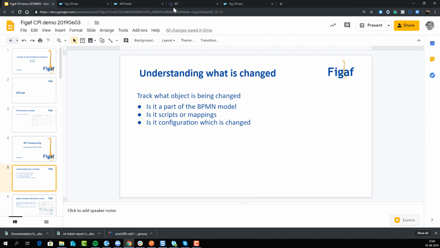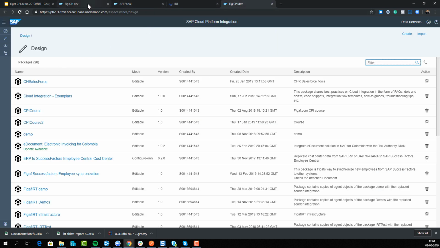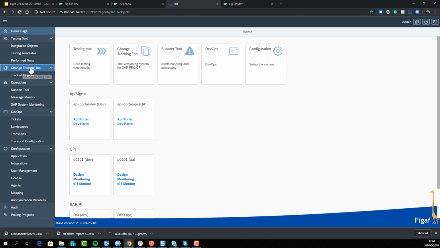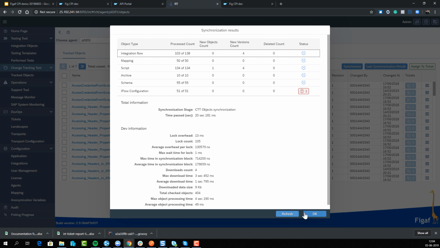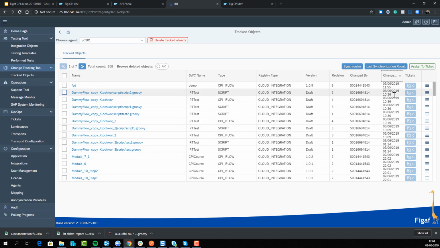What we have here is our change tracking tool, and it allows you to monitor all changes in the landscape, finding all the differences and all the things that have been changed during the last period of time. This will download all iflows, all scripts, and all configurations. With this, you can see when a configuration was changed and what it was changed to. We can see we have some new elements in, and there are scripts that will allow us to run this in the background. So we can see we got version